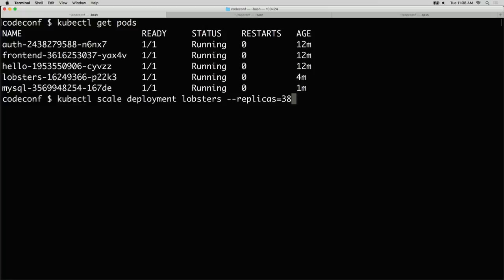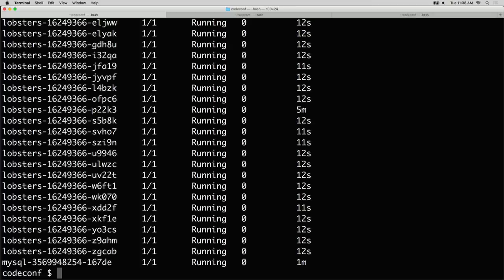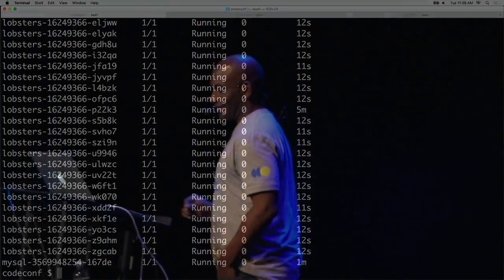This is when you debate, do you go for the broken demo or what you know will work? We're going to go 38. This is not a good idea at all. Let's see what happens. So what Kubernetes will do is try to create as many of these that you have resources for, all right? Oh, snap. Oh, they're all running. That's pretty badass. Okay, let's see if this thing actually pulls up our site now. Bam.